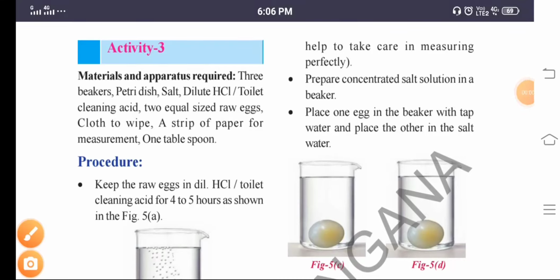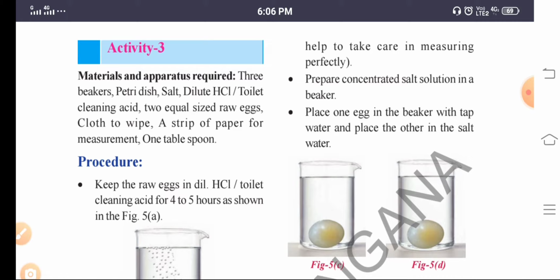Good morning, students. Today we are discussing ninth class biology, in this fourth chapter, plasma membrane. In the previous class I explained some of the topics about plasma membrane. Again we are going to discuss some more topics about plasma membrane. Now we are in activity 3. In this experiment we should know how we can separate the plasma membrane and what the uses are. We can know that clearly.